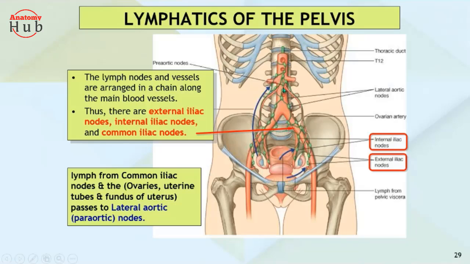And these common iliac nodes will drain to, which one? What is this node? The para-aortic nodes. Yes. So it will drain to the para-aortic nodes, and from these para-aortic nodes here you will find the cisterna chyli. Here you will find cisterna chyli. That is the bag-like structure where all the lymph just deposits. And from this cisterna chyli, one duct is coming out. That duct is known as your thoracic duct.